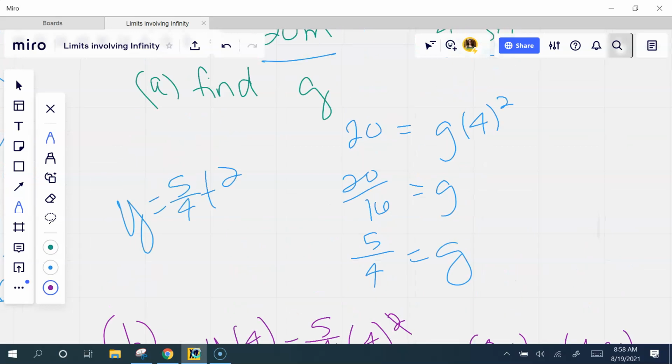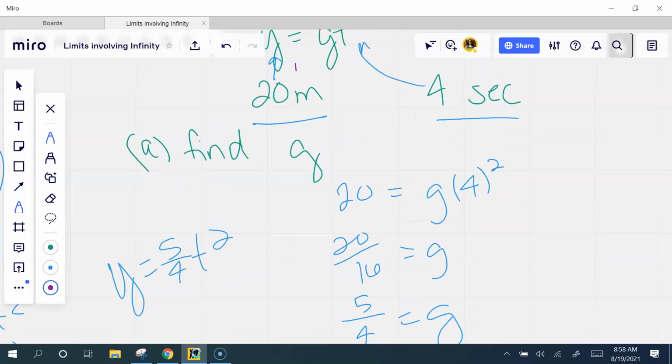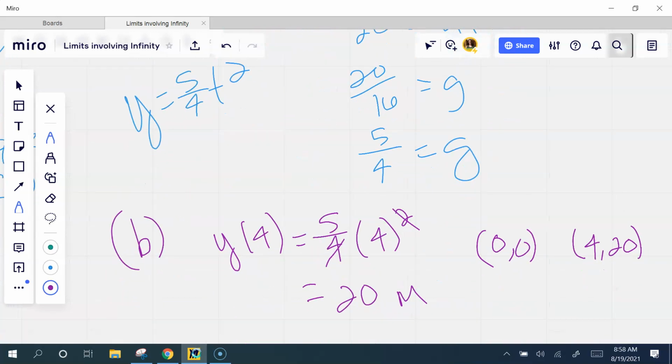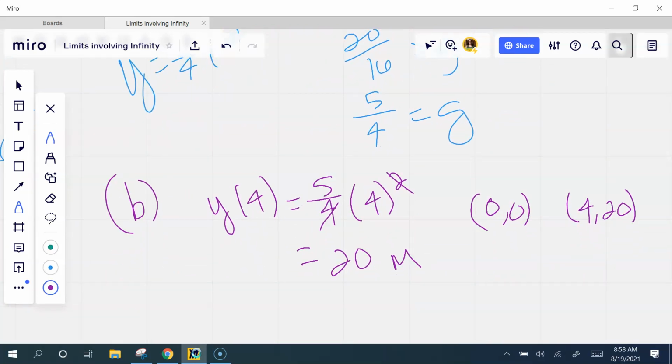But it said, what is your left? You found out for why. I actually didn't even have to do that. I could have just gotten it from the beginning of the problem, but it's okay. It is 20. You don't divide by 4 again. 4 squared is the same thing as 4 times 4, right? If I've got 5 over 4 times 4 times 4, this is over 1. I just canceled one of them out.